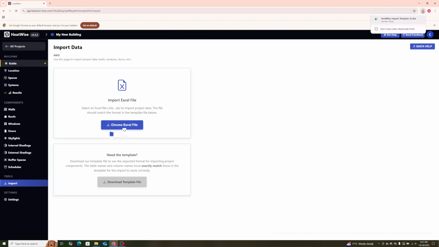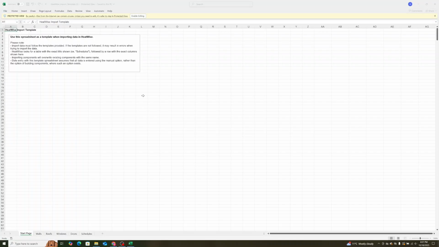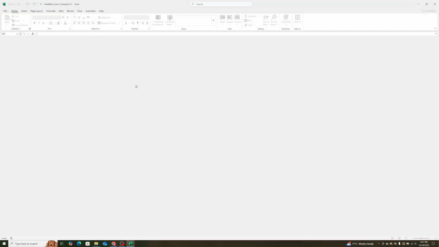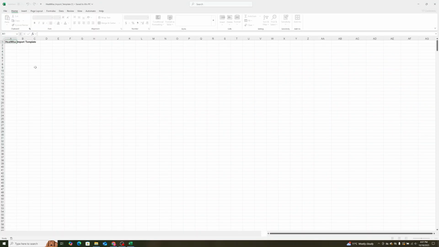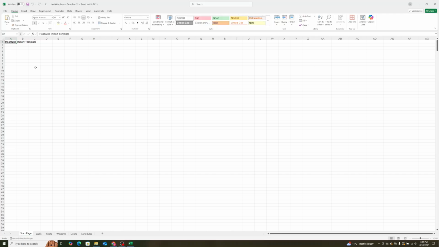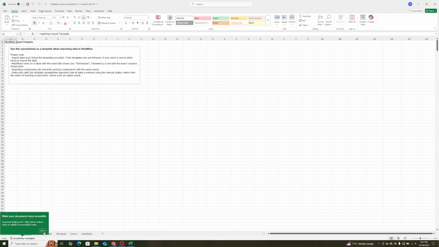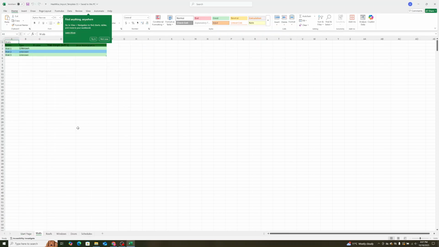we can start playing around with the Excel file. So just hit enable editing, and you'll see you have a few basic instructions on the home page. Really what they're telling you to do is just go into these tabs and start adding your data. So you can see we've got this walls tab here, and it's very similar to how you enter data in the app itself. You just give a name, so we'll call this one